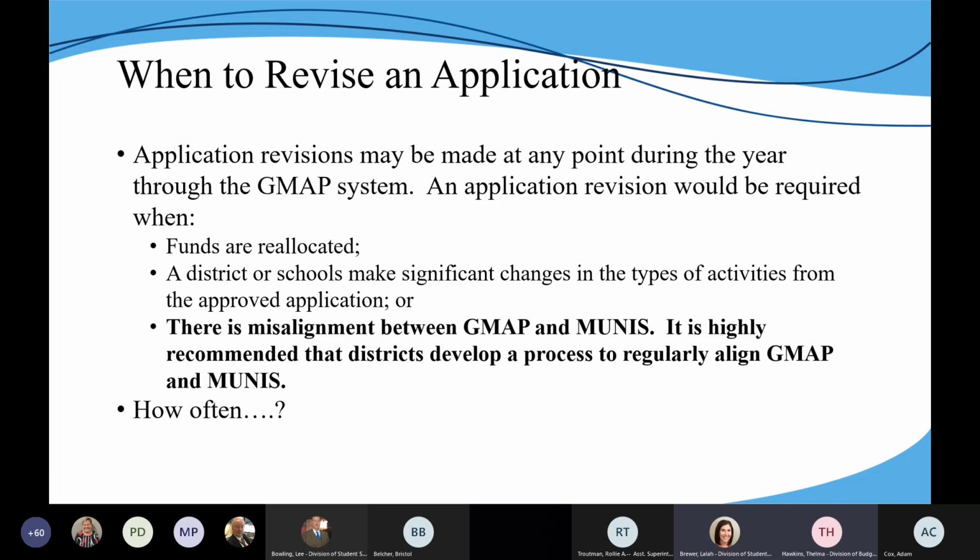Okay, so revising your GMAP application. Once your GMAP application is approved, once it's given KDE consultant approval, the district may start a revision at any time. Times when applications need to be revised include if there was a reallocation of funds, if KDE received an increase or decrease in funding from the U.S. Department of Education, we will upload those new allocations into the system and you will need to go in and